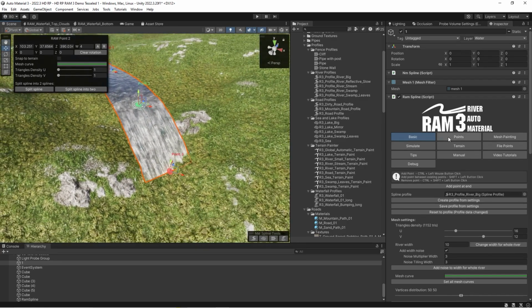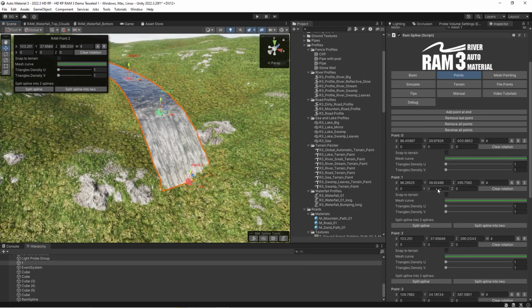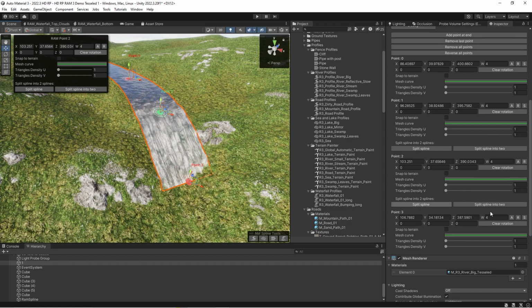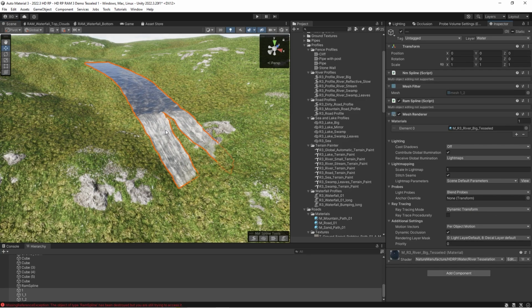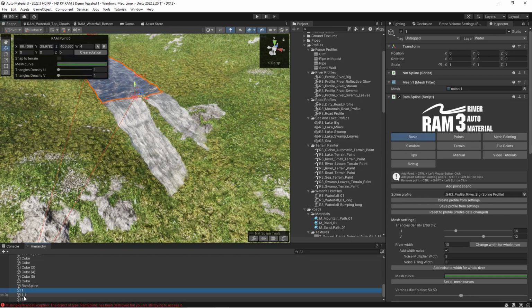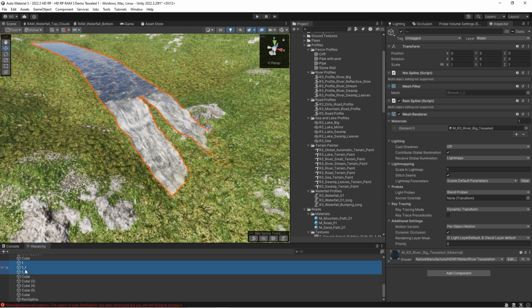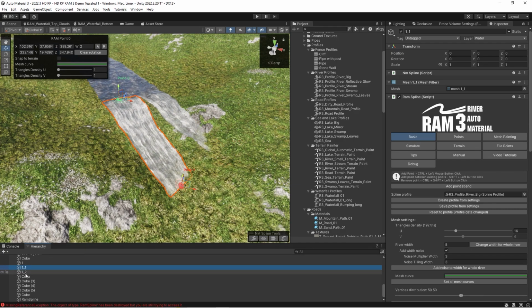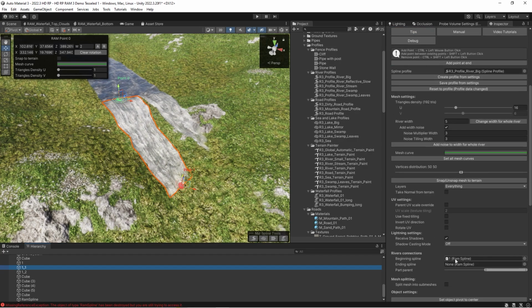And first of all, we could split the river at the end. For example, in point section, we could simply click split spline into 2, or per point. Let's split spline into 2. So we get 2 splines at the end. You see the name is generated from the first spline. We could do this like that, and you see that it's automatically connected, but maybe let's choose a more difficult